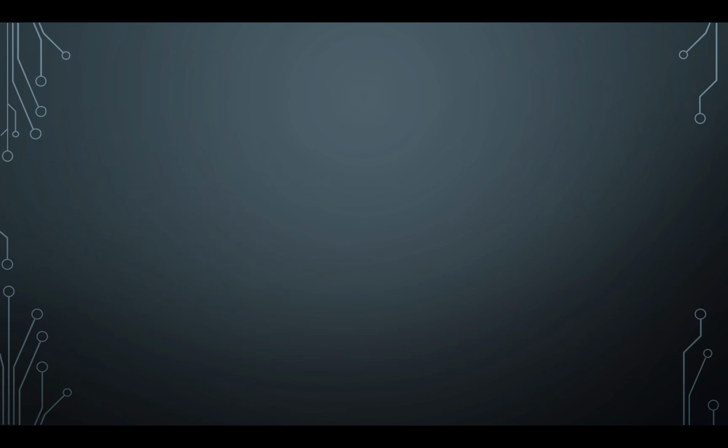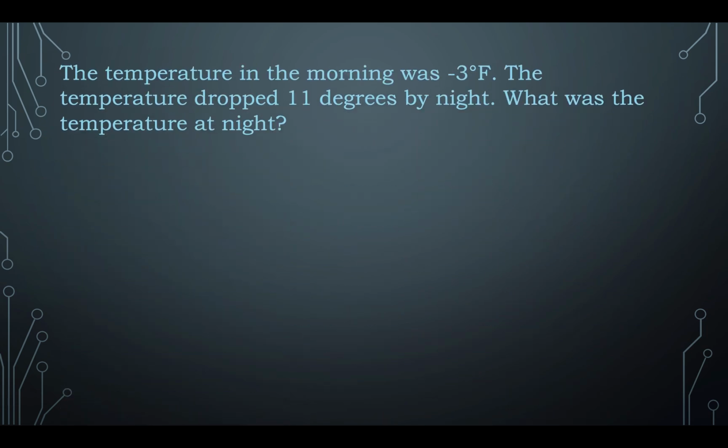Let's see some real life examples. The temperature in the morning was negative 3 Fahrenheit. The temperature dropped 11 degrees by night. What was the temperature at night? Here, dropped 11 degree. What does that mean? It means negative 11. So when you write the statement, it will be negative 3 plus negative 11, which will be equal to